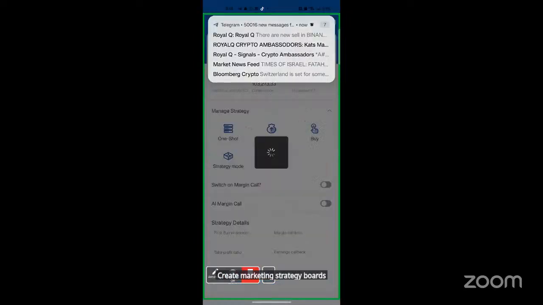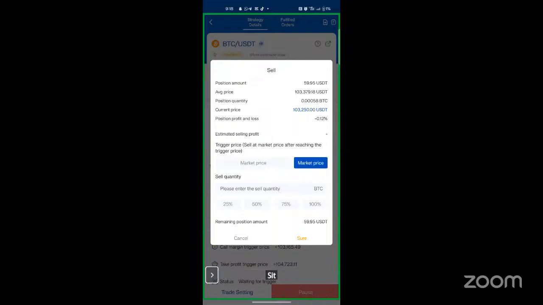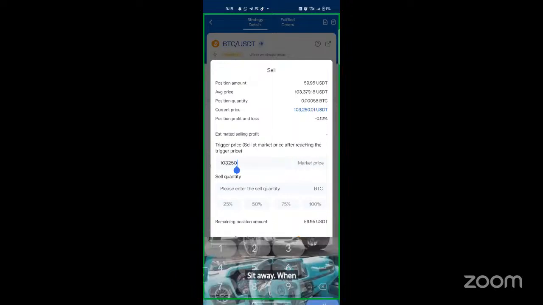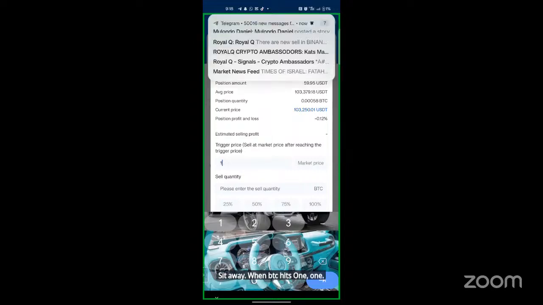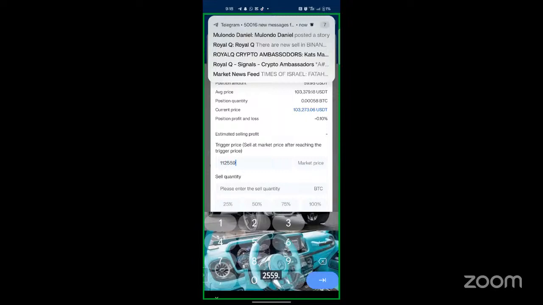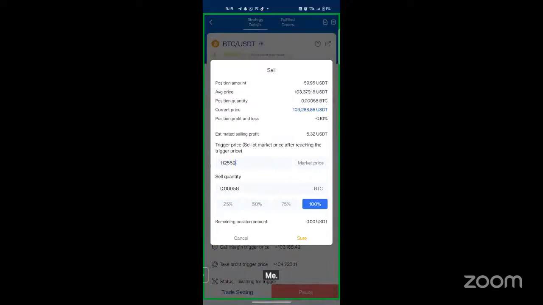Then I say sell when BTC hits 112559. How much? 100%. Now, me, I stay in this coin, then I get $5. When it hits all this, guys,